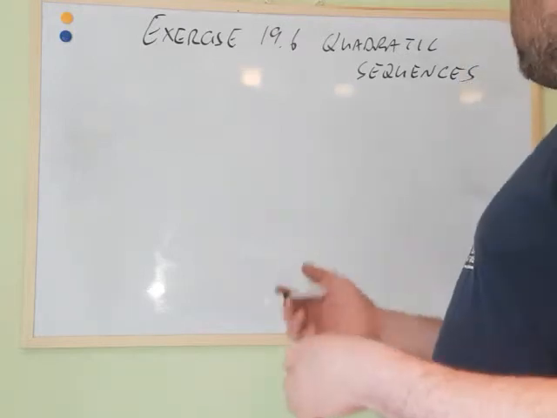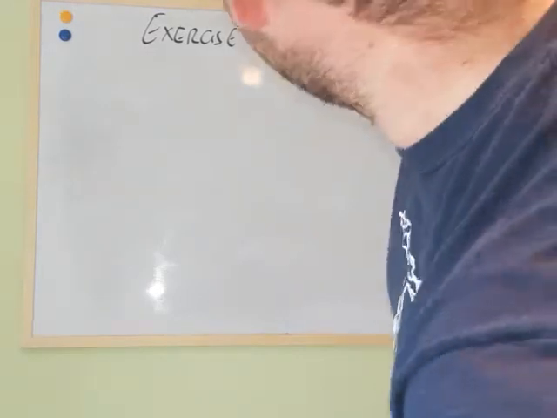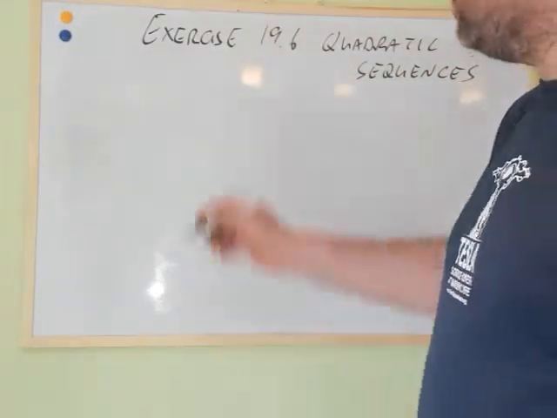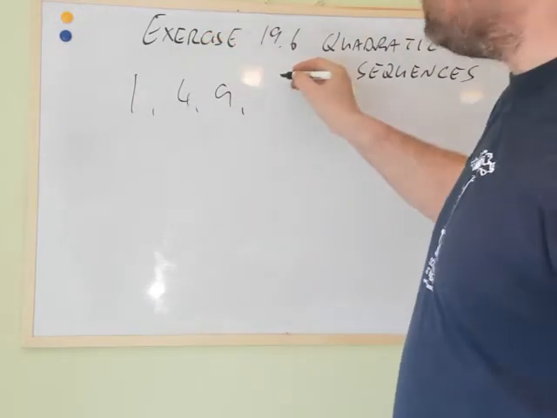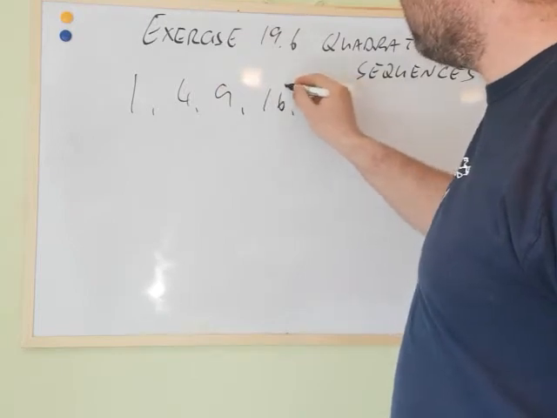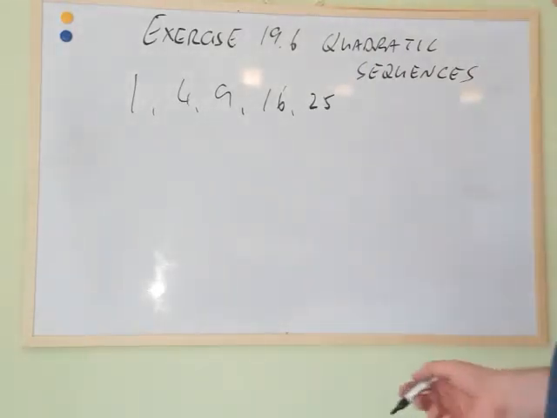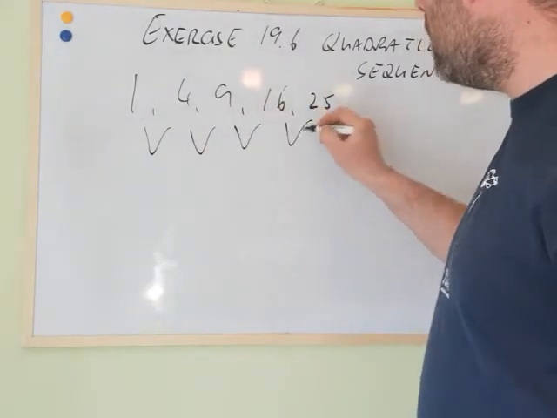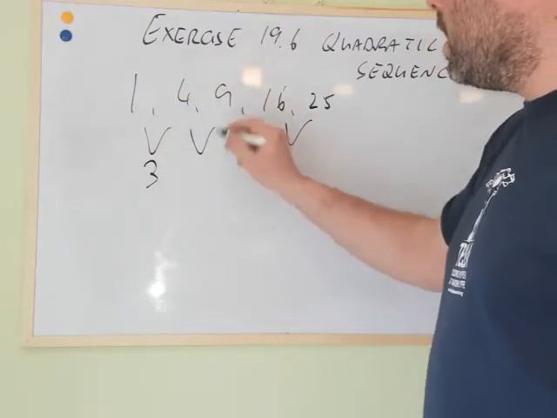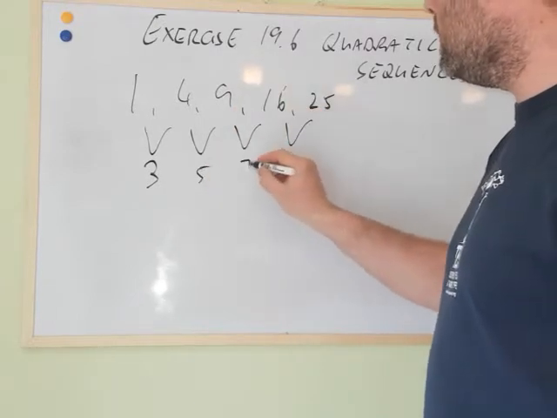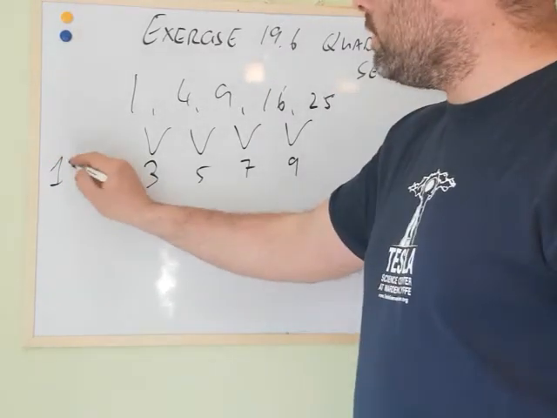So, first of all, quick recap, what is a quadratic sequence? A quadratic sequence is a different type of sequence to a linear sequence, okay? So, if we look here at an example, I've got a bunch of numbers, 1, 4, 9, 16, 25, okay? And so I want to identify what type of pattern this is. What we were doing in class previously was you get the difference between any two numbers. So the difference between 1 and 4 is 3, 4 and 9 is 5, 9 and 16 is 7, 16 and 25 is 9. So our first difference